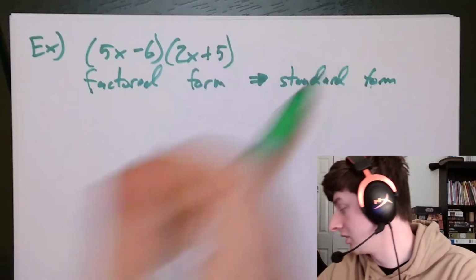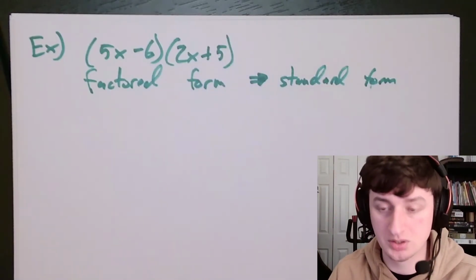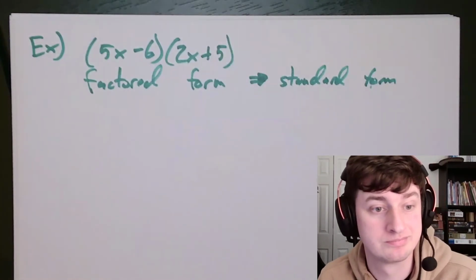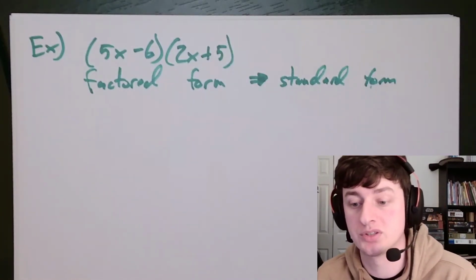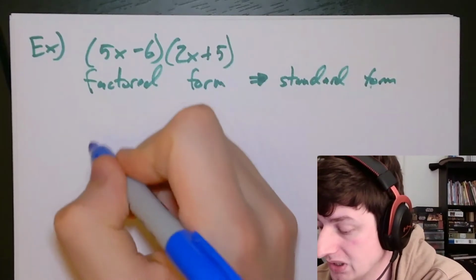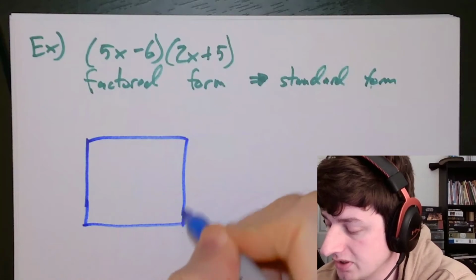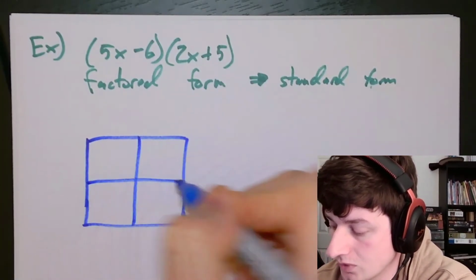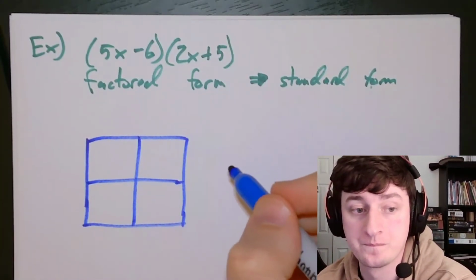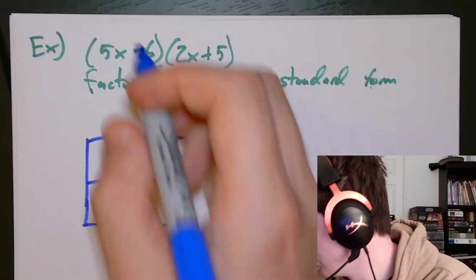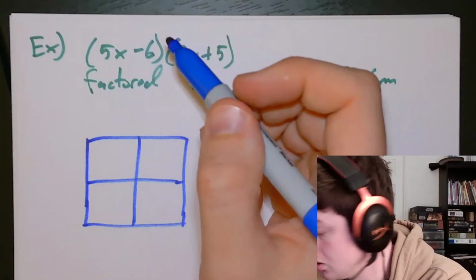So the way that we're going to do that is we're going to use the area model. I would not do this problem in my head. You're going to have to write some stuff down. There's too many numbers to keep track of. And even if you've been doing math for a real long time, why make your brain do all that when you have a piece of paper that will keep track of things for you? So, well,